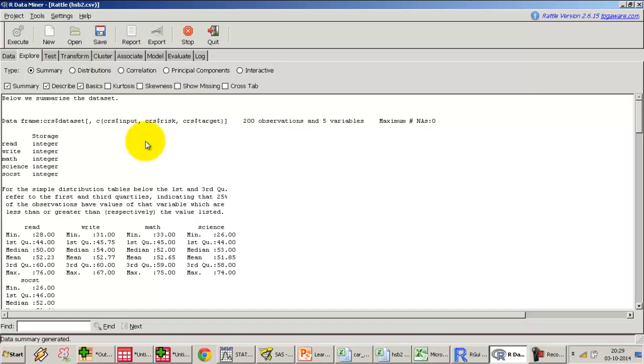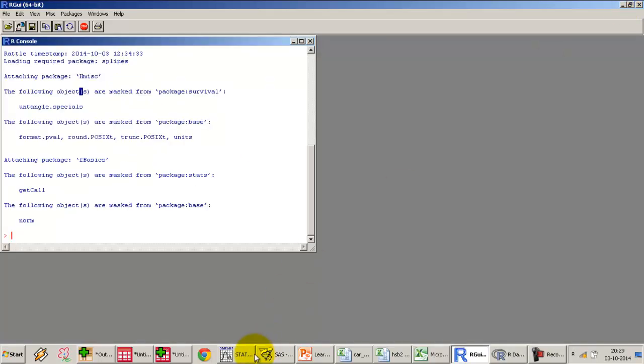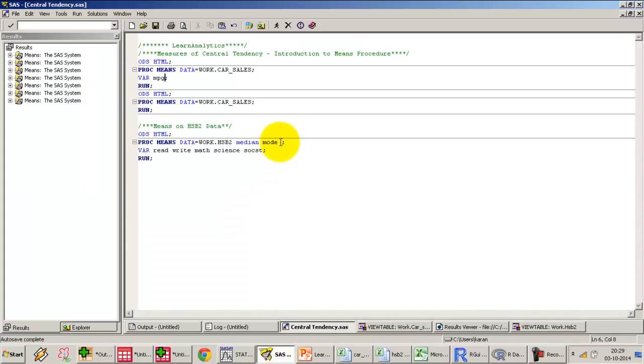And there we have it across all the tools. So median and mode. One more option in SAS that we can use, which is very useful, is the percentile option. So I can give P10, P50, P95,